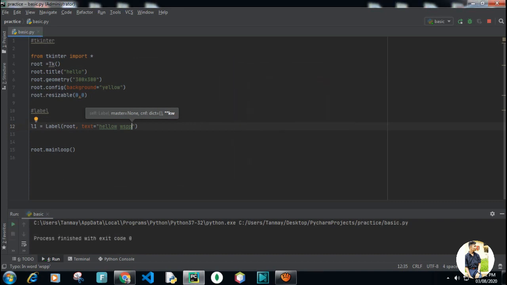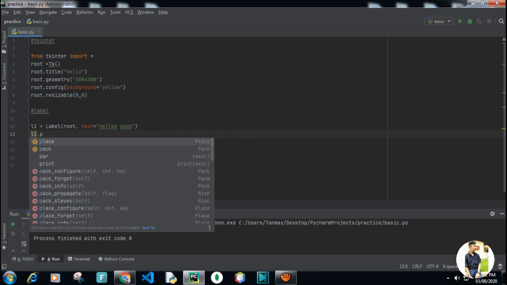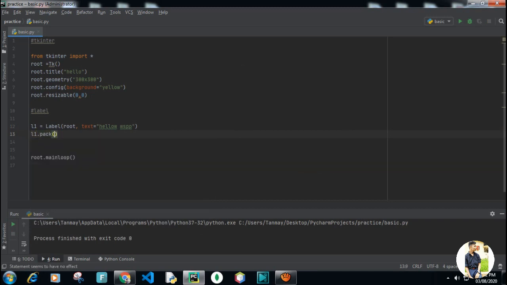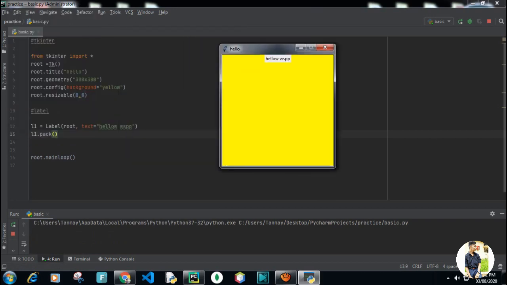Now let's do this. It is important to set our location where we have to display it. It has many methods like place, grid and pack. First, I will use pack. Pack means by default it will come on the top of the window. You can see pack.